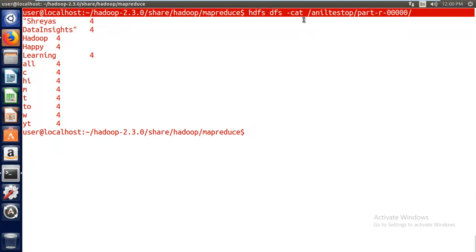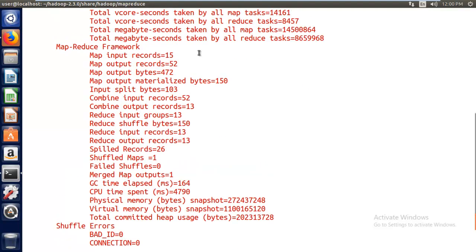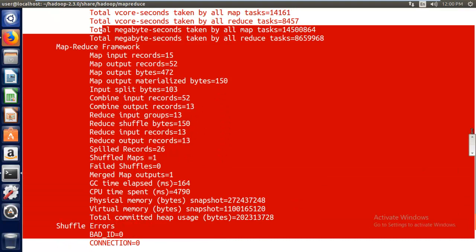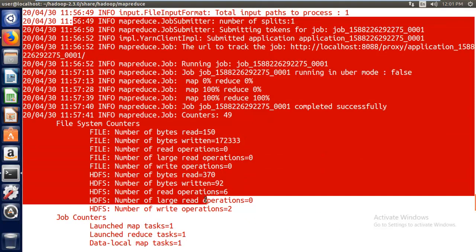Now if you observe, earlier we got some data on the console. Collectively we call this complete set of information the MR dump, nothing but the MapReduce dump.